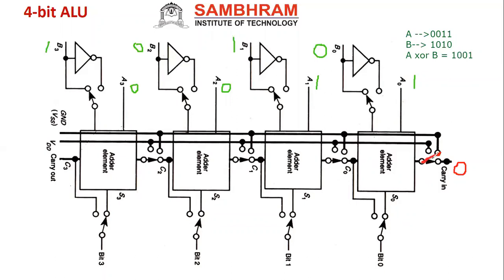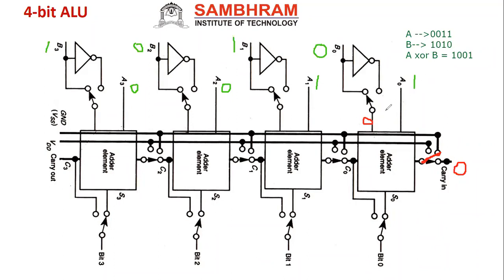This switch is set to 0. What happened? This complete line is ground, so there is no value, this is 0 only. Okay, now you see, this is the adder element. So now I got B is equal to 0. I'm performing the operation, so I'll get B naught like this, 1. This will be 0 only, this will be 0 only. You may think what this switch is given for. For what purpose? If you want to perform a subtraction operation, then I need this switch. Later I will tell how.